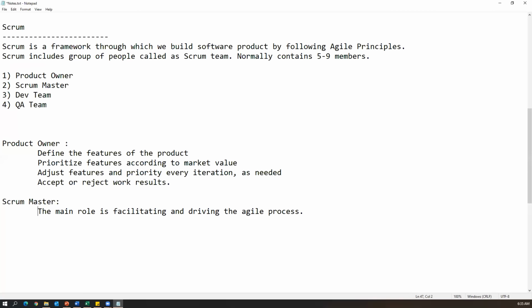It means he will take care of the entire process, guys, from the beginning of the project until we deliver the software to the customer, each and every stage, each and every step. He is the main guy responsible for facilitating and driving the agile process. Most of the meetings will be conducted and organized by the scrum master. He is not a developer, not a tester, and does not belong to any other management role. A scrum master is a specific role with a skill set in the agile process.